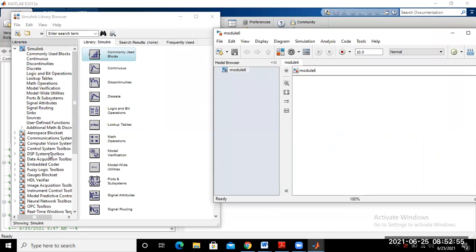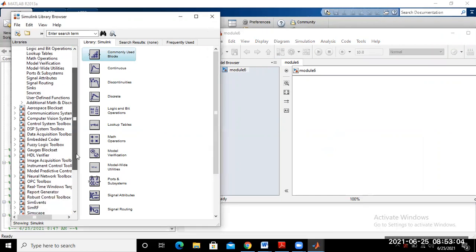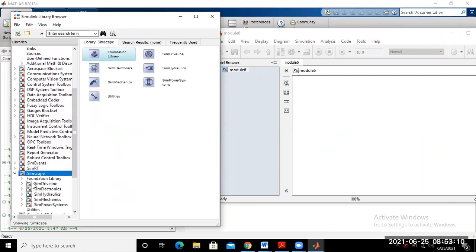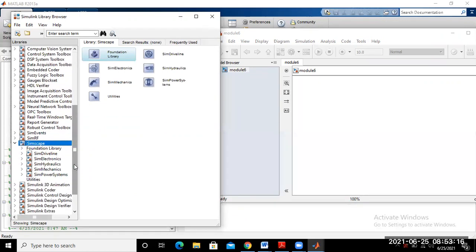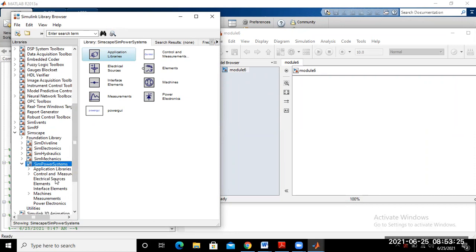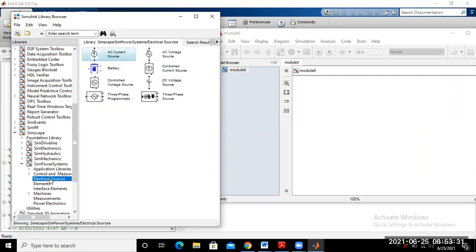From here, we choose what is required to simulate the circuit. First, go to Simscape, and again go to SimPowerSystems. In SimPowerSystems, you may find various types of components, that means electrical sources. So first we take the electrical source, the AC voltage, from the Simulink library to the workspace.